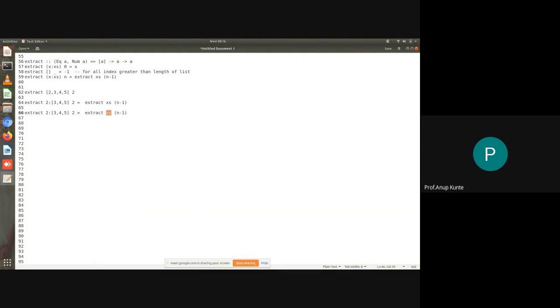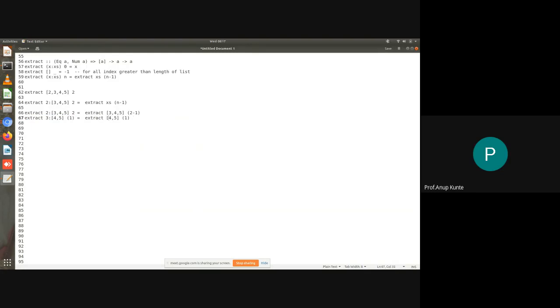This XS is nothing but 3, 4, 5, and 2 minus 1 actually turns to be 1. So this becomes now 3, which now I'll be doing very fast. Just copy it down and you realize how this is happening.